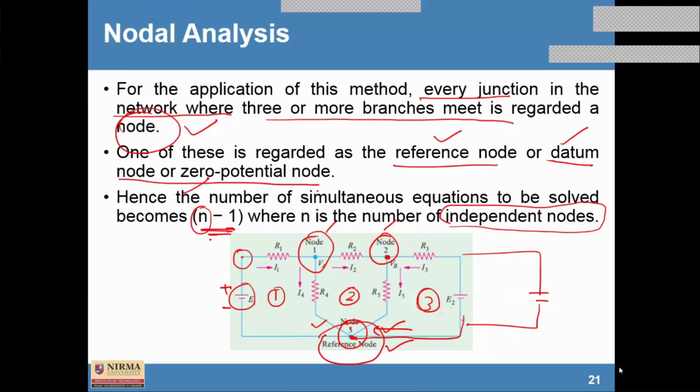So why did you say that node 3 is the reference node? Yes, that's what I already discussed. Still, I'm going to repeat it again. See, suppose there are two nodes, and in these two nodes we know that there is a potential difference. Suppose the potential is 10 volt here, and here it is 0 volt. There could be a difference, and we can consider it as voltage also.